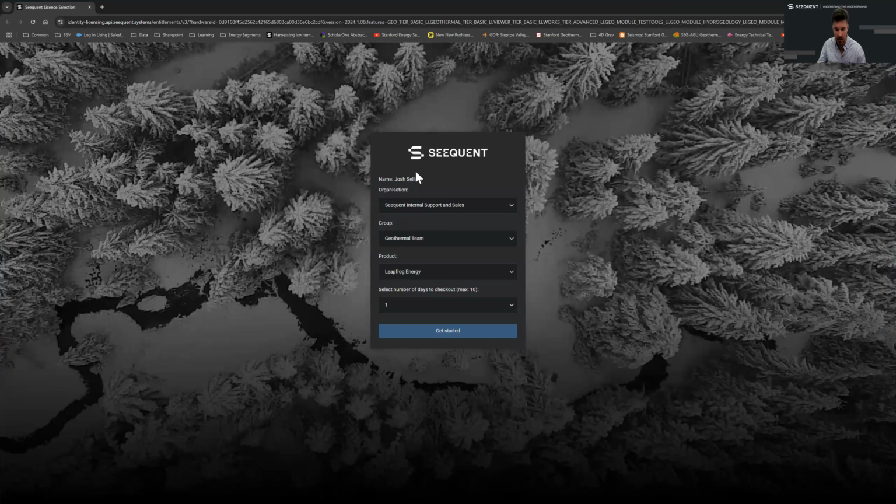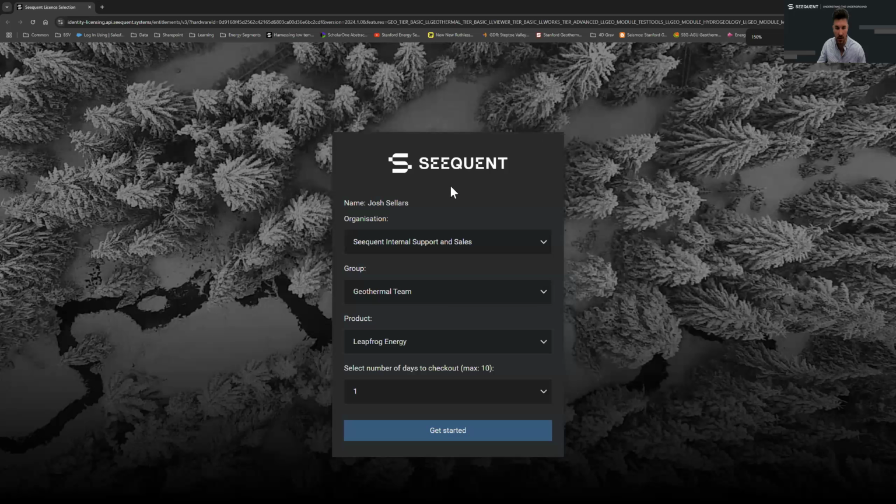So this is the first step in actually opening up and using Leapfrog. It's going to take you to this license chooser where you're going to have your name, an organization, and the group and product that you're going to be working on. The licenses have been assigned to a particular organization. It's probably called something like Geothermal Collegiate Competition, but it's very important here as the first step that you choose